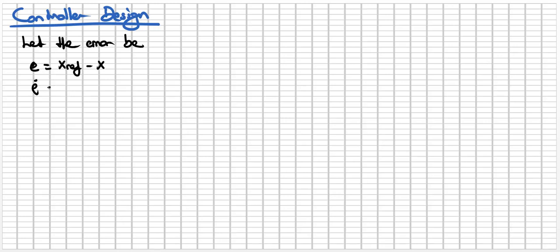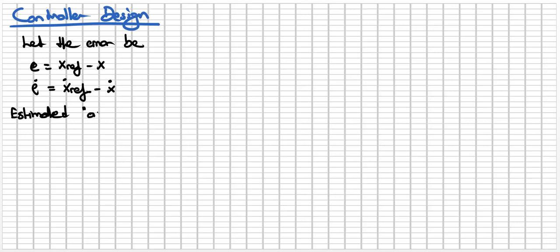We need to obtain the derivative of this term, because we should minimize the whole term, like this one, x ref dot minus x dot. And so we have the dynamics in here, and then we should put the x dot equation into these terms, okay? And so also we need to use the estimated